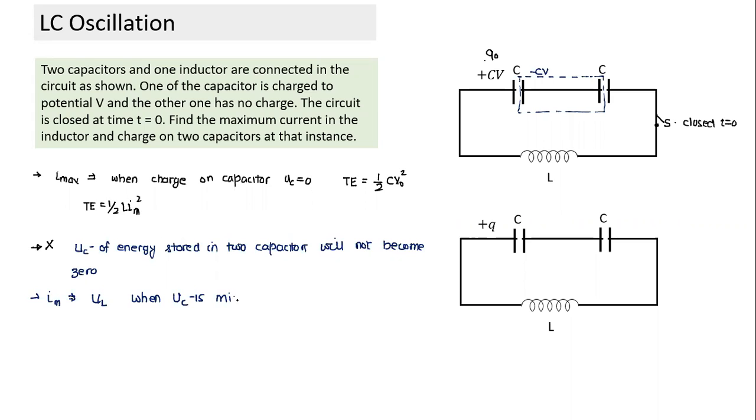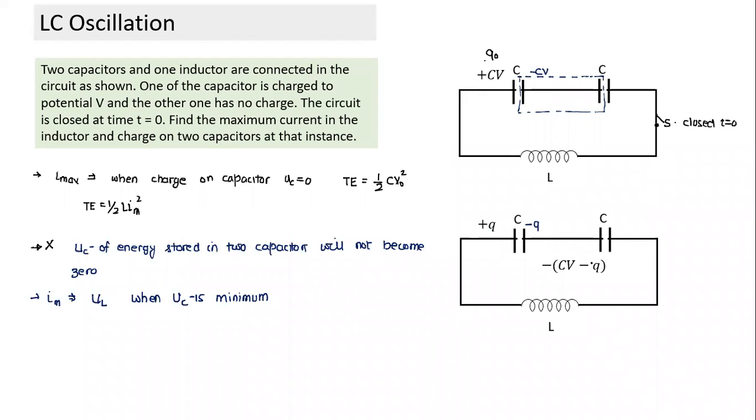It may not become 0, but still maximum current will correspond to the condition when the energy stored in the capacitor is minimum. And what is the charge it has? So one way of solving would be, I think this case was very intuitive, Q by 2. If I am not sure, what I can do here is take a state where the charge on this plate is plus Q. If the charge on this plate is plus Q, this charge will be equal to minus Q.